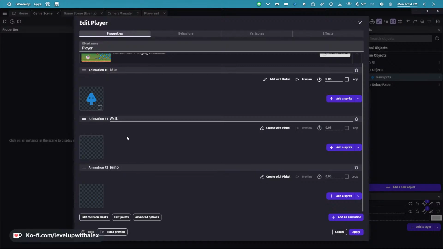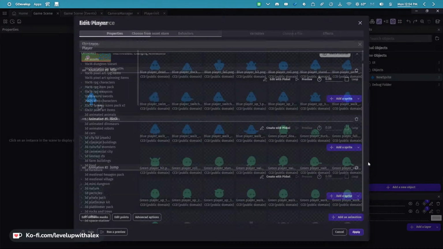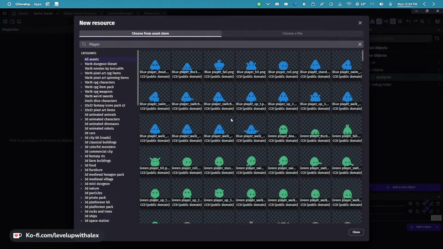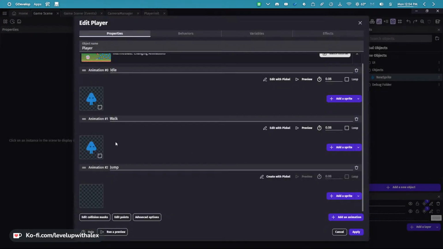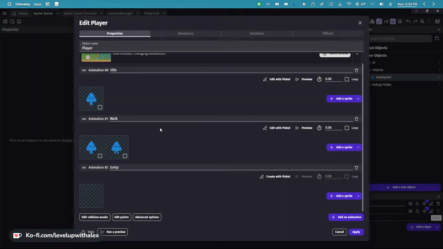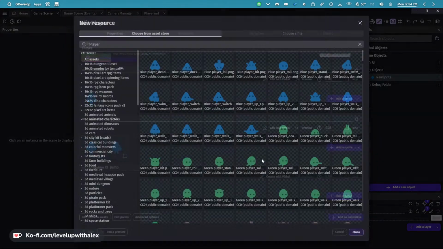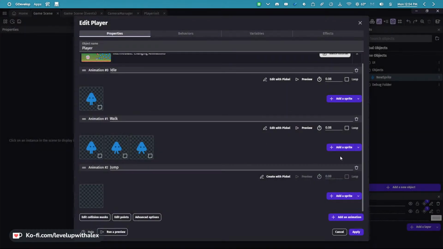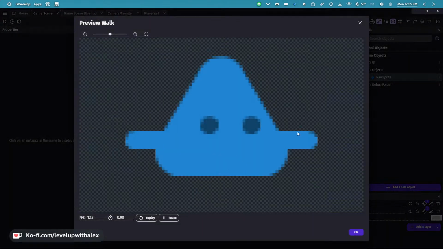Okay, and so we're going to do the same thing, though. Go in here, choose from the asset store. We're going to find our player walking. So it looks like there are multiple frames. So for the walk frames, we're going to have to go back in here and add each one. So we're going to say walk, okay, walk 2, add a sprite, walk 3, perfect, add a sprite, and walk 4. And now if we click preview,